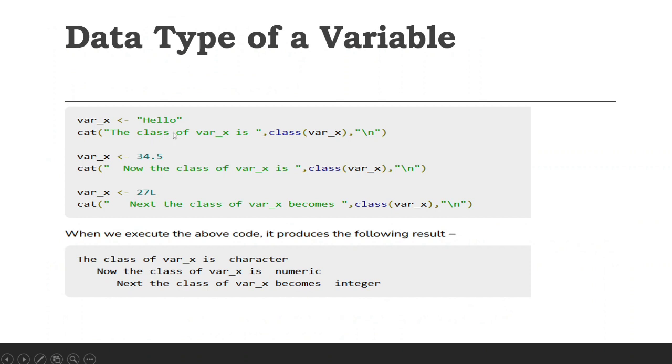If you want to know which type of data object it is, you can just use the class function on var_x. You can check what the class of var_x is. It will be printed here, see the last one, character. In that way 34.5 must be numeric, yes, and 27L is an integer variable.